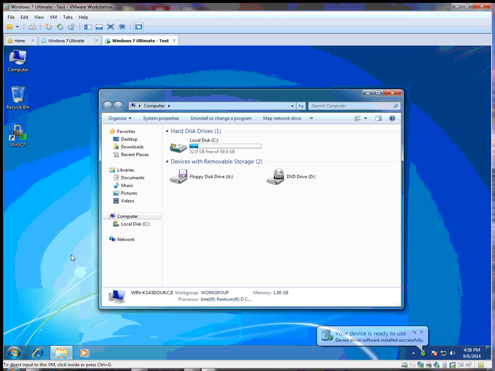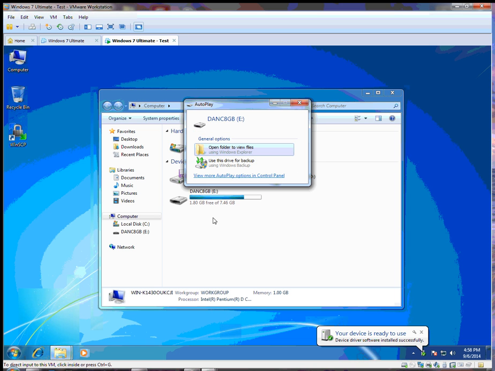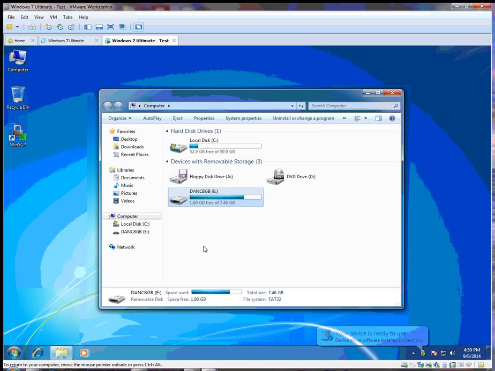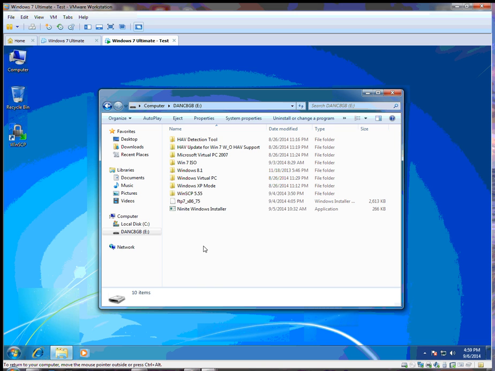And it should come up automatically. If not, I can close this window, bring it up again. It should see it. There it is. Okay, so it saw it. Let me go ahead and close this window, and let me double click on the E drive, which is my USB stick. Here's the Ninite Windows installer, and I'm going to drag it out to the desktop